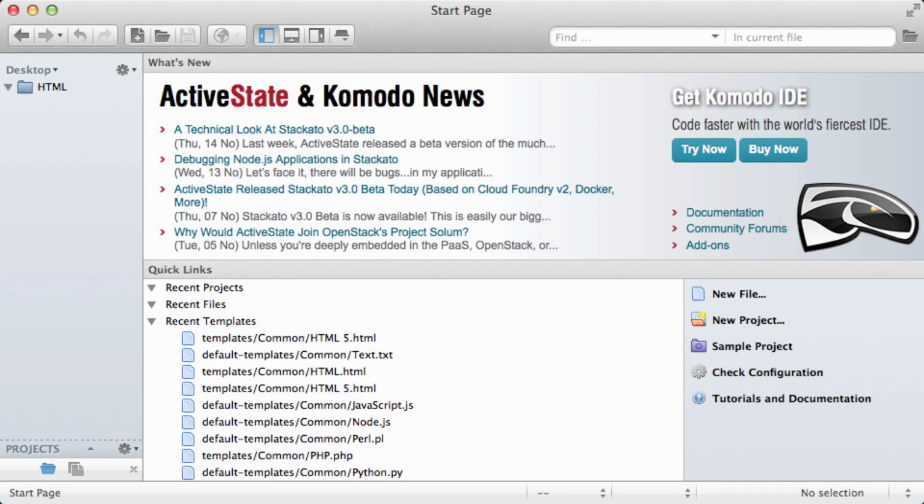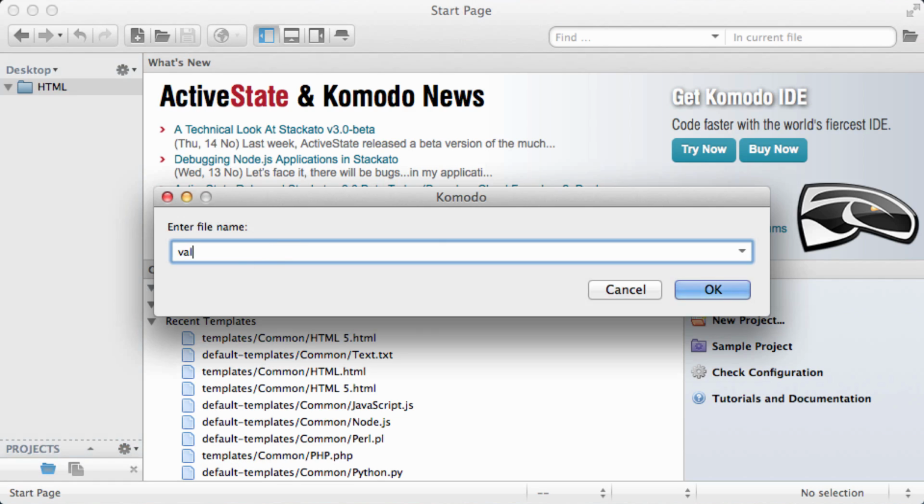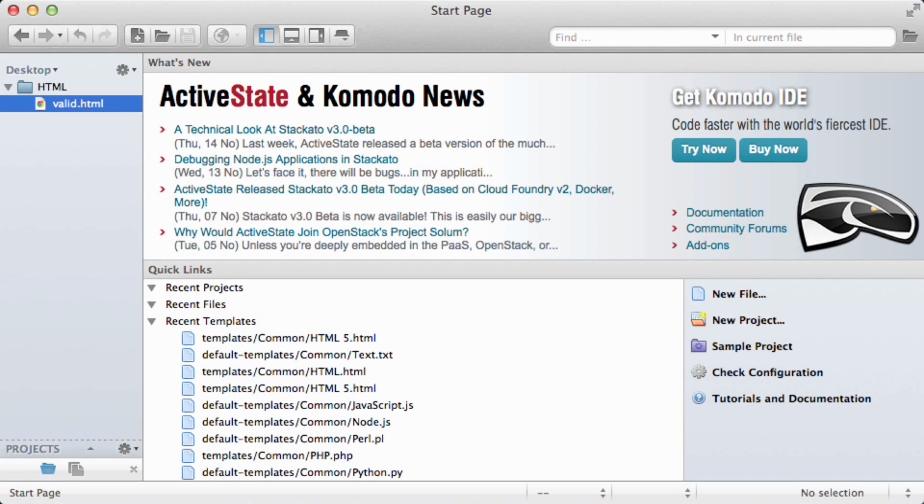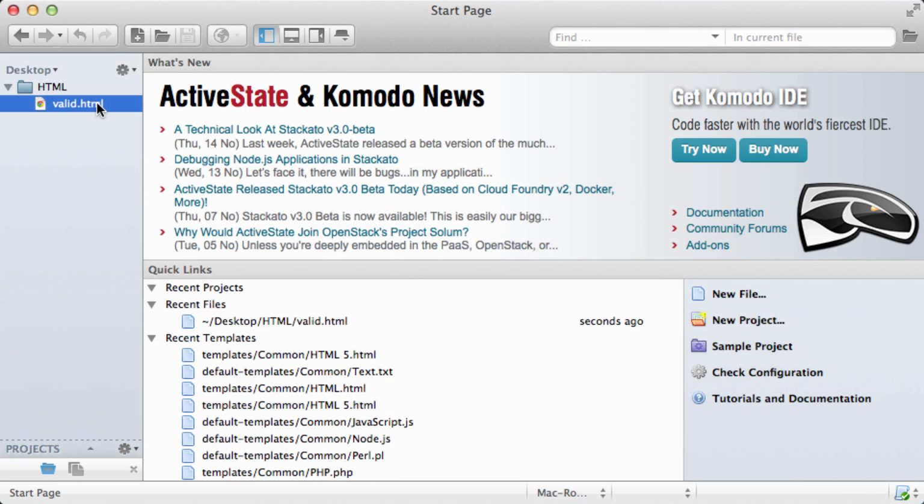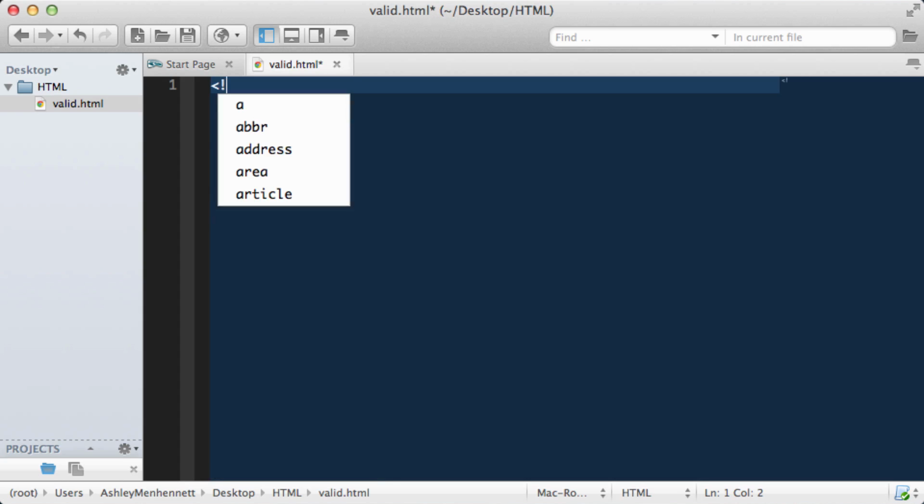In this video, we're going to talk about validation and validating our HTML files. So to start off, let's create a new HTML file and call this valid.html. Double clicking on it, and now we're going to go ahead and type out our document structure, which is